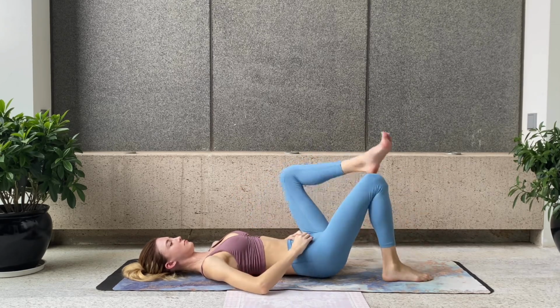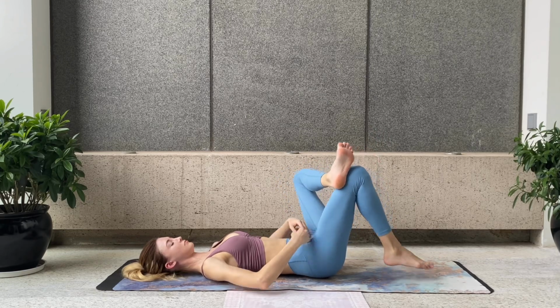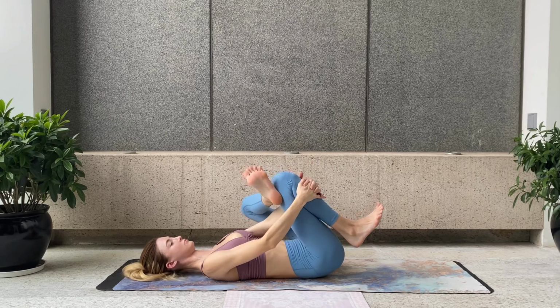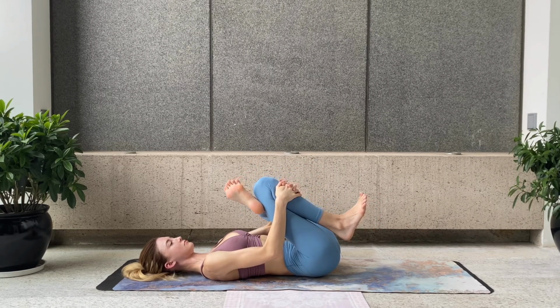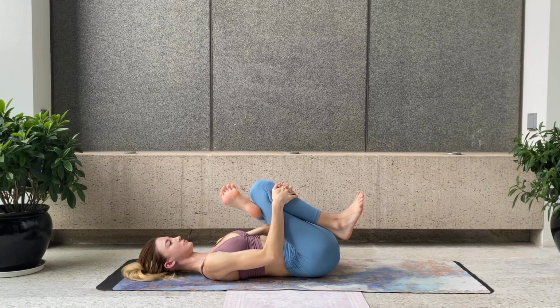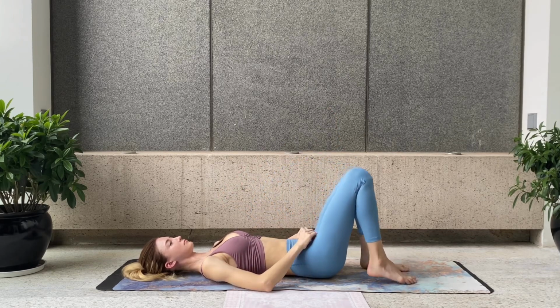Then changing sides, bring your left ankle on your right thigh below the knee. You may stay there or thread your arms through for a little bit more intense stretch. Bringing your right knee and your left ankle closer to your chest, releasing your tailbone down as you pull your legs closer to your chest, feeling an opening on the left hip this time and breathing into it. Release your legs,